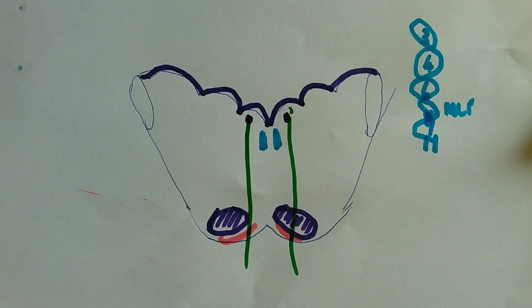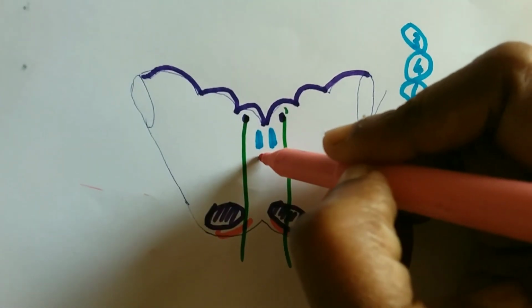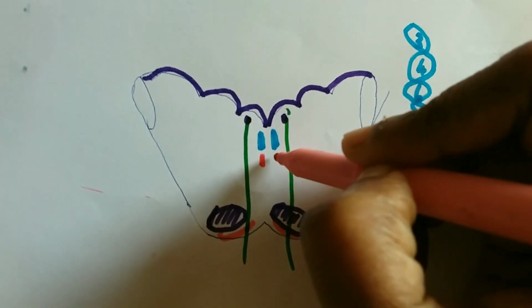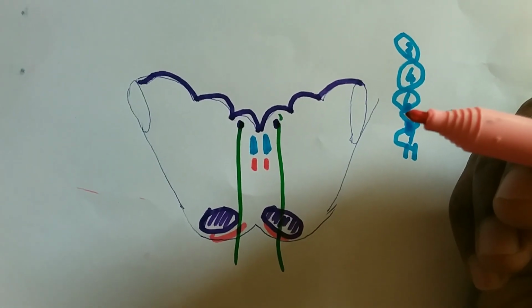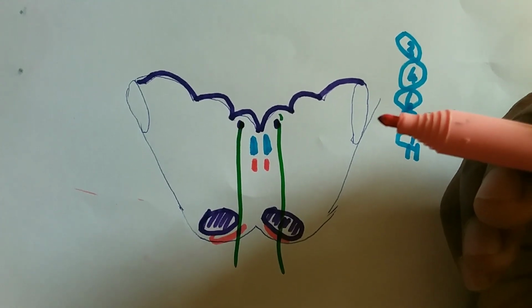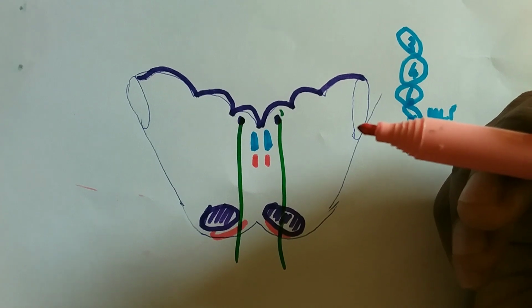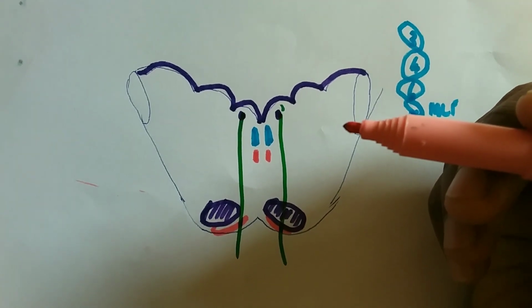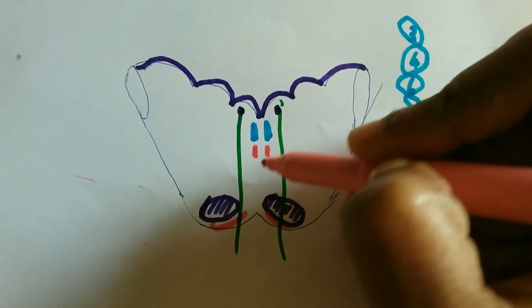Next one is the tectospinal tract. Tectospinal tract is nothing but the tectum means vision, the superior colliculus, that is present in the midbrain. So from there to the spinal cord. If you see something, you will react, you will move your body. So that is a relation between the tectum of the brain and the spinal cord. Spinal cord is for the movement and the tectum is for the vision. So tectospinal tract is here.